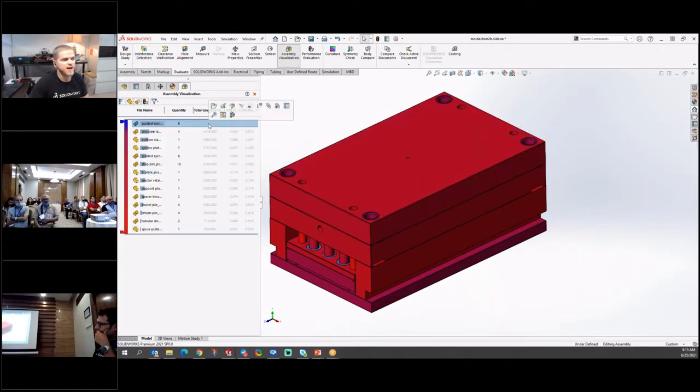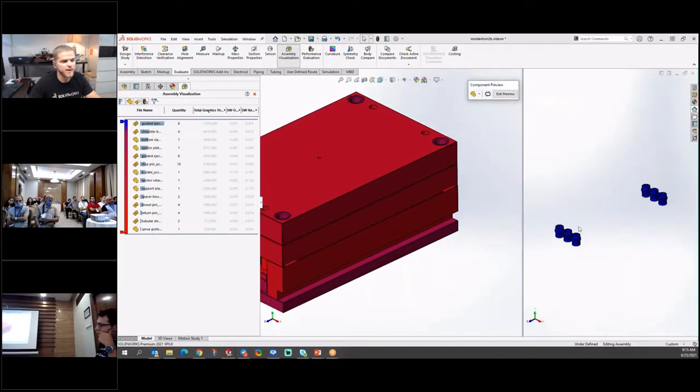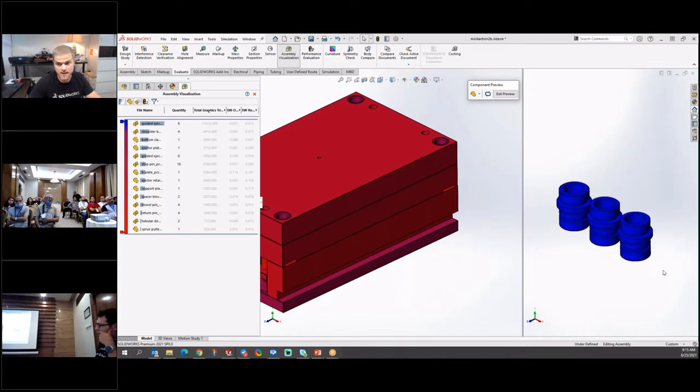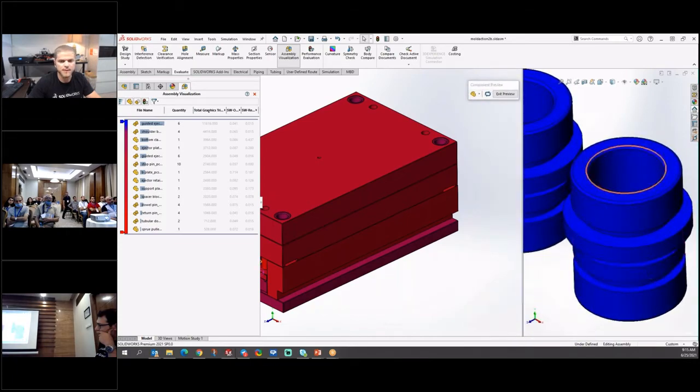So in this case, if I sort by total graphics triangles, I can see that these 6 guided injector pins are my heaviest files in terms of graphics triangles. They are the files that are weighing the most on my system. So if I pick those files, if you ever use this little shortcut before, Component Preview Window, it'll open up an individual preview just on the right side, which is pretty useful.